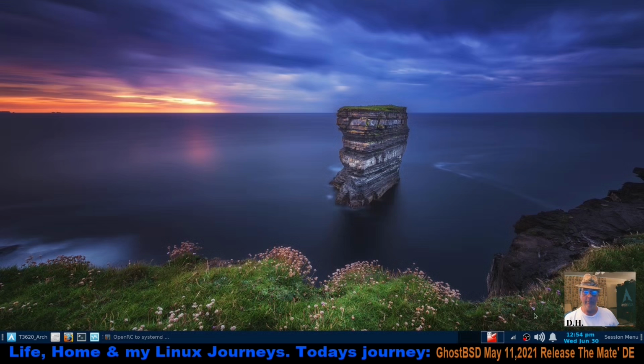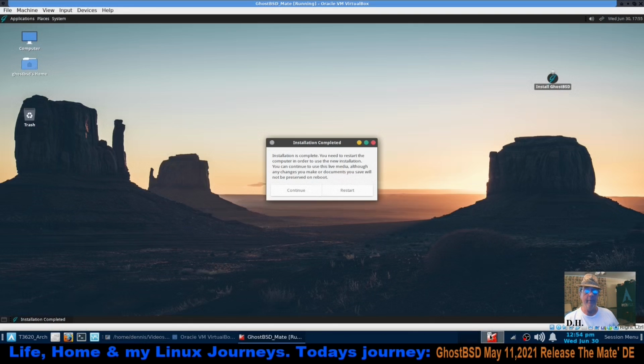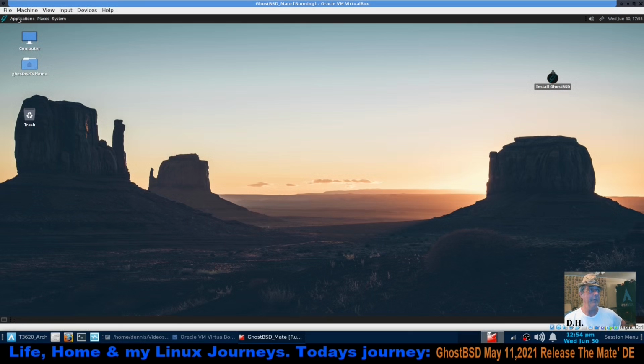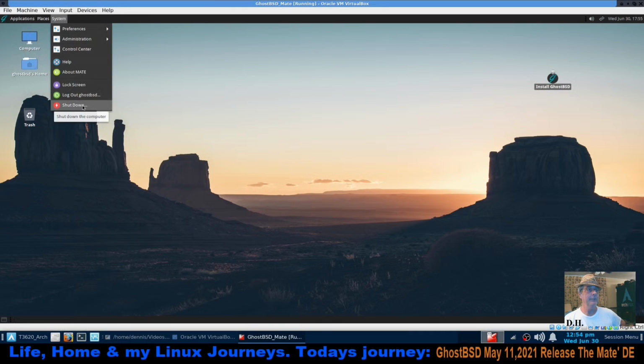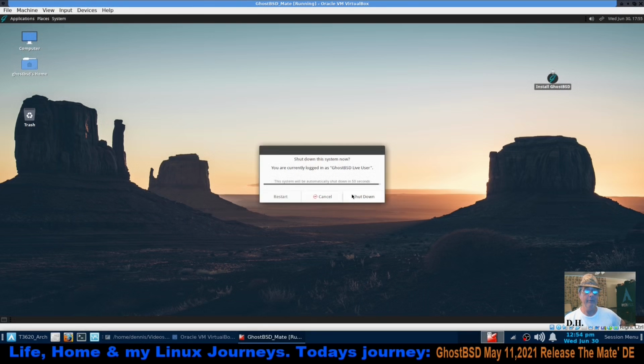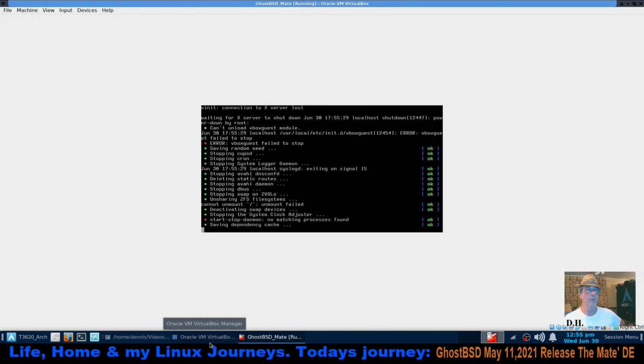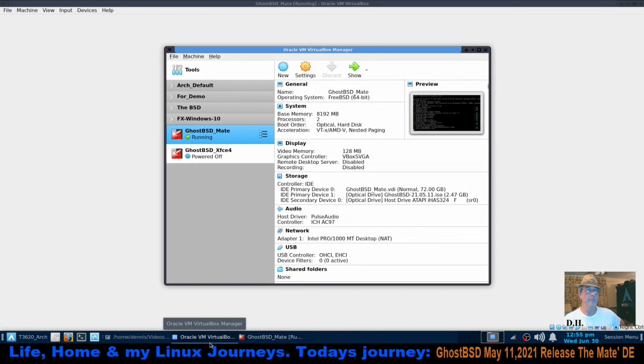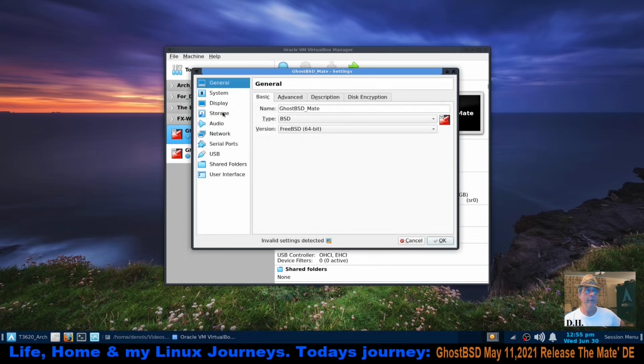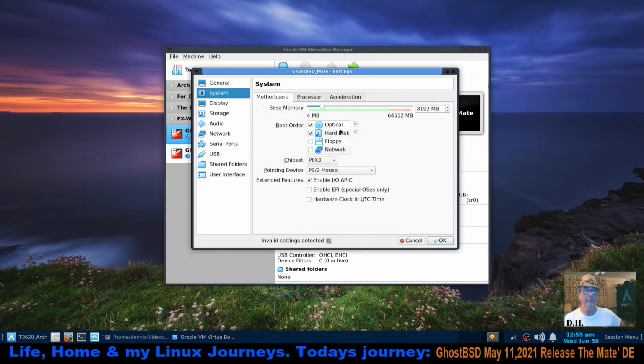Let's see. Go back here and see. Yep, we're finished. All right, so I'm going to say continue so that I can just power off rather than restart. This is Mate, so it's under System, Shut Down. I'll shut down, and it does shut down. I'm going to leave the ISO in place and just move the hard drive up to the number one position. That is under System, Hard Disk, up arrow once, say OK,